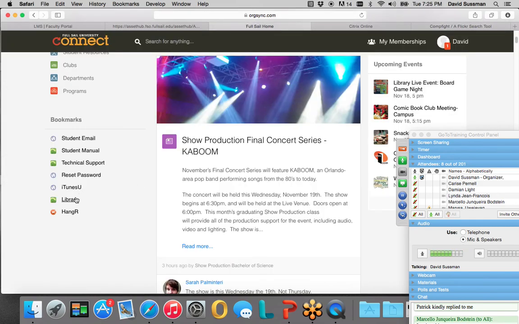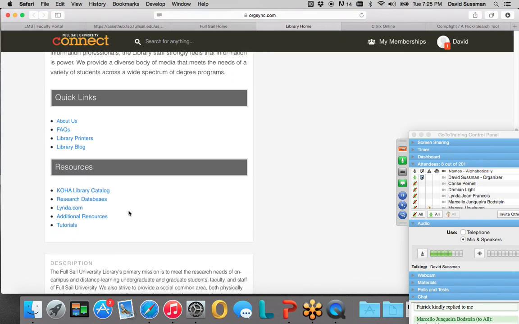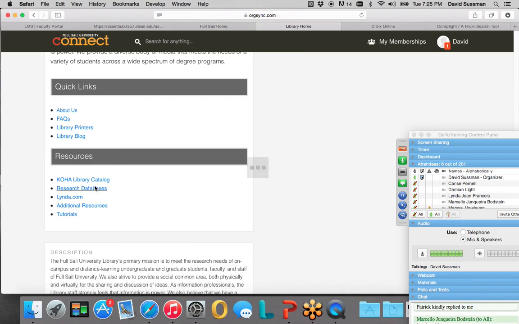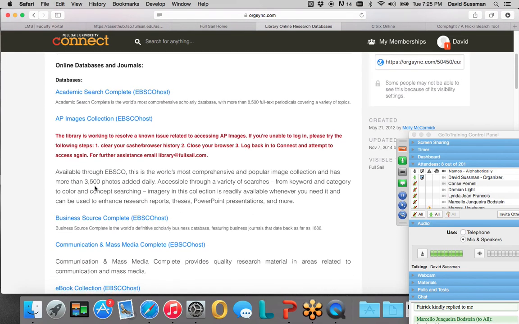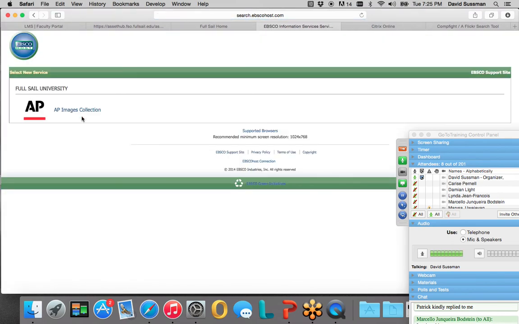So again, if I go back to the Full Sail library, you should remember this from DGL, digital literacy, right? We go into the research databases, and there's this thing here called AP Images. Okay, so if you get images from AP Images or from compfight.com, then I know it's mostly an allowable source.